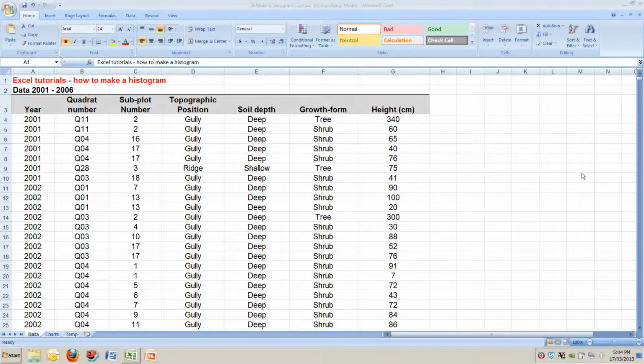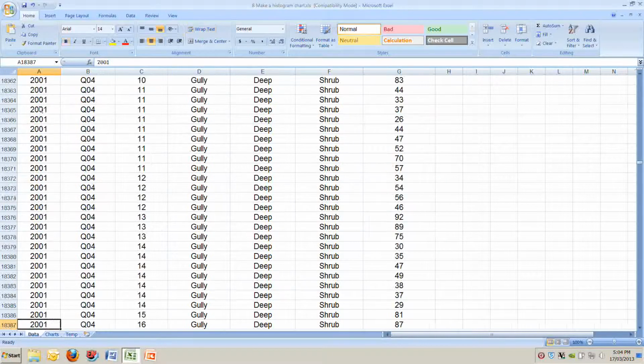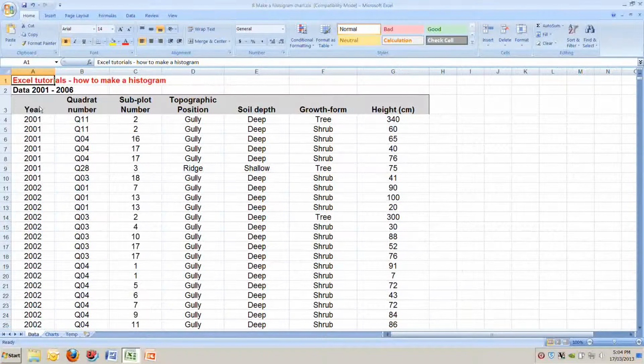This table is very similar to previous tables. It's got lots and lots of data. If we scroll down to see how many rows are in it, Control down arrow, you see there's about 18,000 rows in this data, way too much to calculate using a hand calculator. Now for this information, we want to make a histogram that shows how many shrubs there are of each size